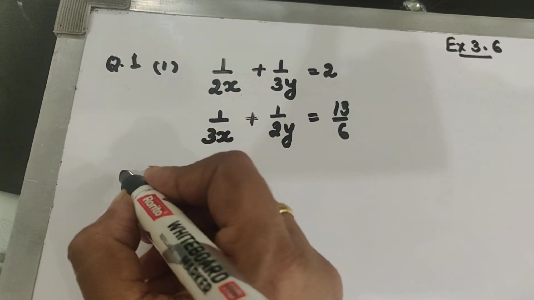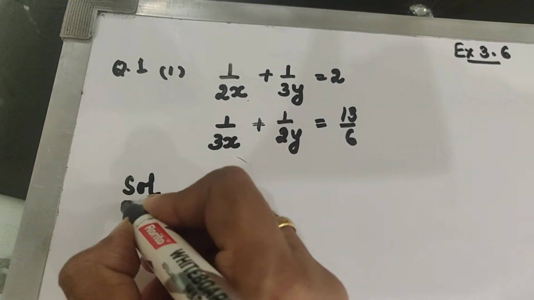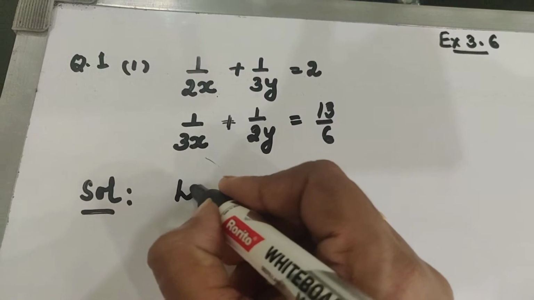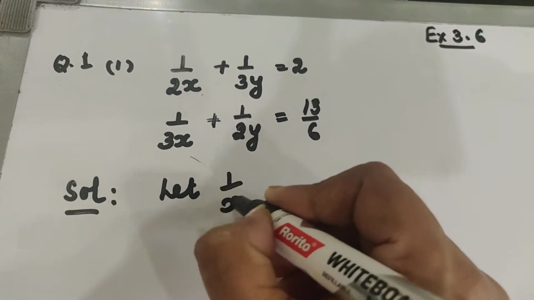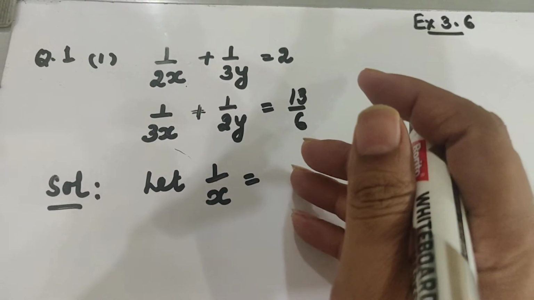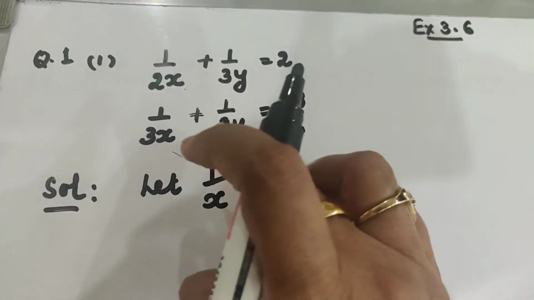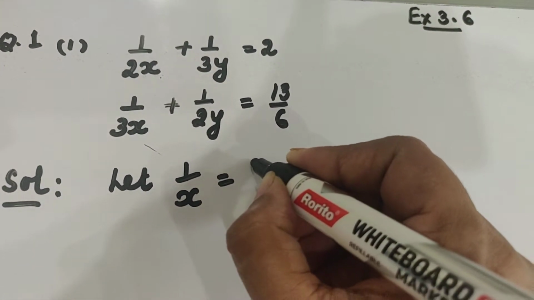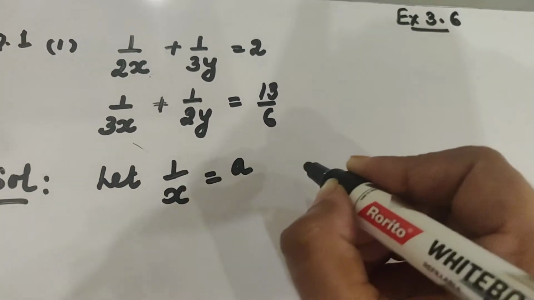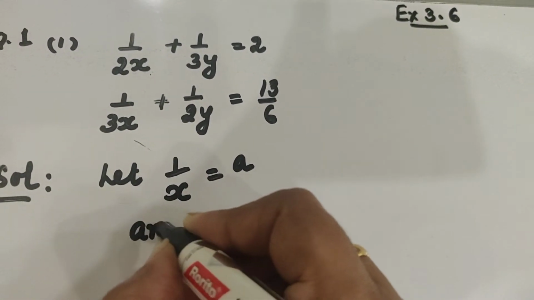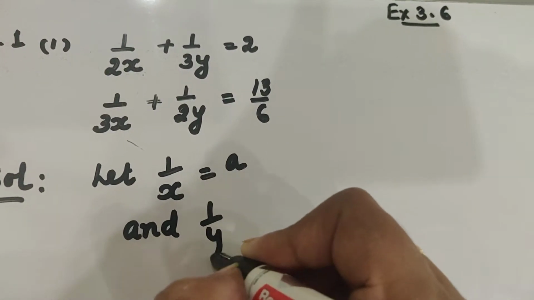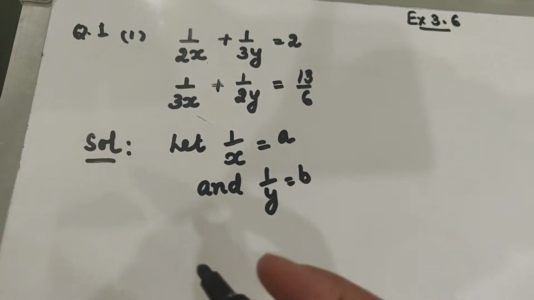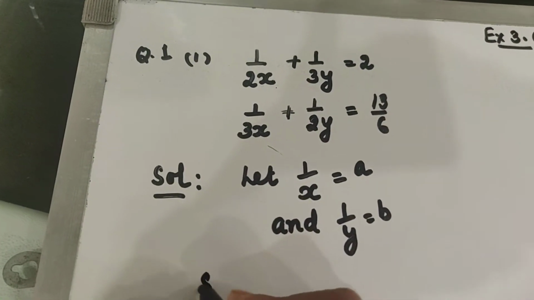Okay, now how are we going to solve them? First of all, we will write, as you can see, it is 1 upon x. So we will write let 1 upon x is equal to, now you can write any other variable except x and y. X and y you cannot take, any other variable you can take. For example, if I am taking a, right, let 1 upon x is equal to a and 1 upon y is equal to b. Okay, now how will you write the equation? So the equations are